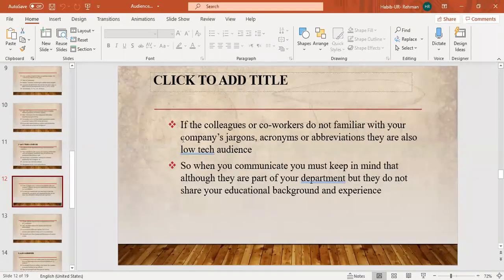So if your colleague is a low tech audience and he isn't familiar with your company's jargon and acronyms, what will you do? You would explain everything. All right, because they do not know much about your field, so you need to give them extra information, because they don't have educational background and experience of your field, and they don't have expertise in your field, they are not skilled persons in your field. So what all you have to do is just